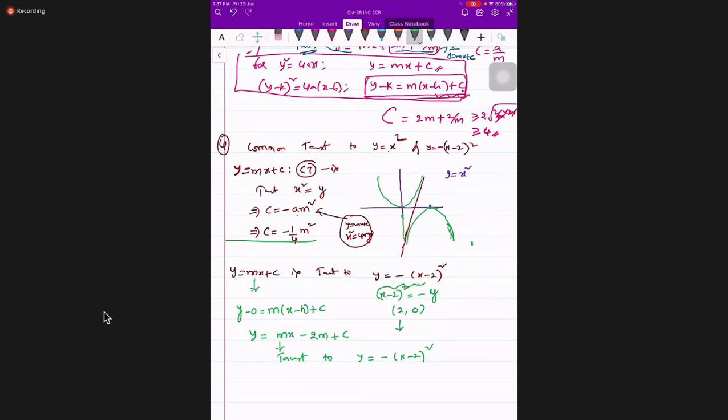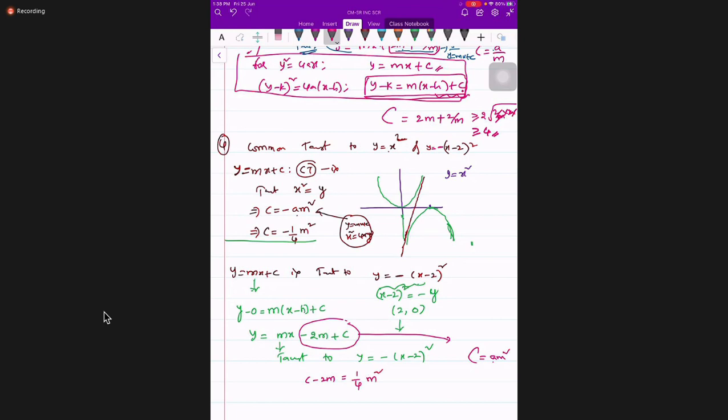Then y equal to mx plus c. This is not the tangent. Then what should it be? This must be the value of the condition, right, students? Now, in the place of the constant, what is there here? This full thing, correct? So, what is the condition for the second parabola to be tangent? C equal to a m square. But in the place of c, what is there? c minus 2m equal to a. A is 1 by 4 m square.